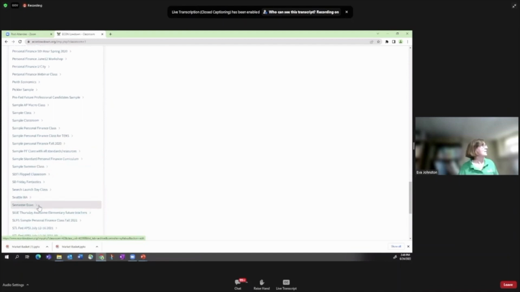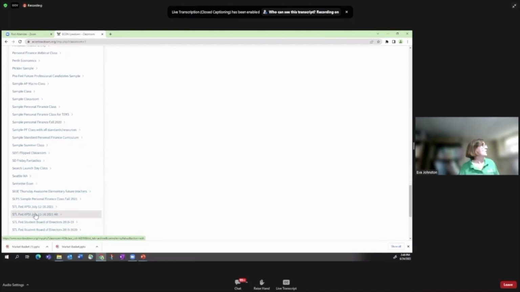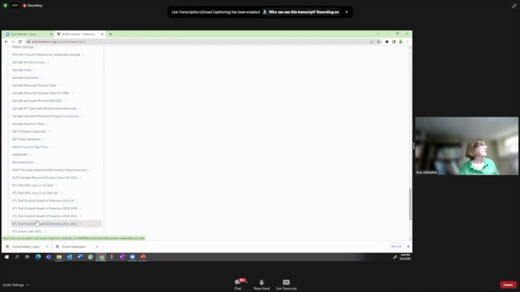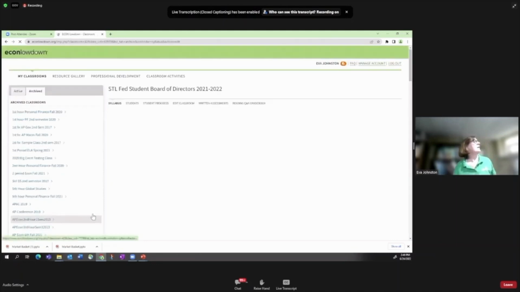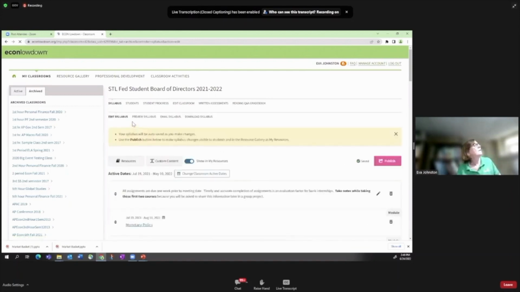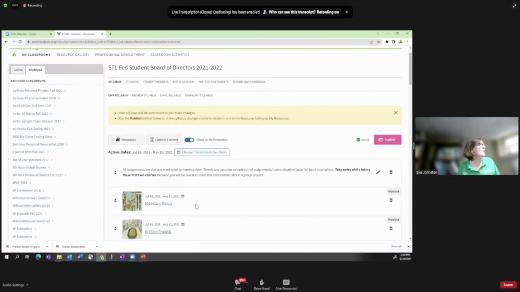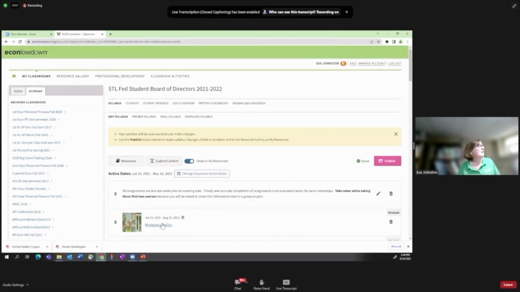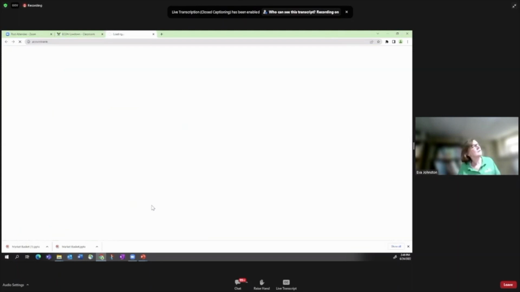And yes, everything stays in alphabetical order. So if I look for my student board of directors and I go for this most recent class, you're going to see it come up with the syllabus that I assigned to them, and they did the old monetary policy course way back in July of last year. So I can go to that course